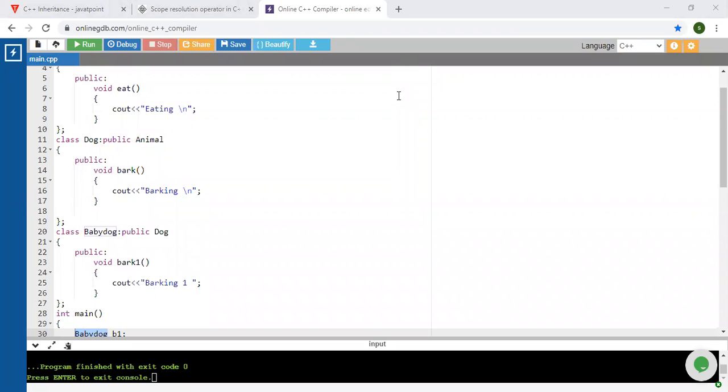I will give you two different examples on single level inheritance and multi-level inheritance. So you just try both these examples, and if you have any doubt,